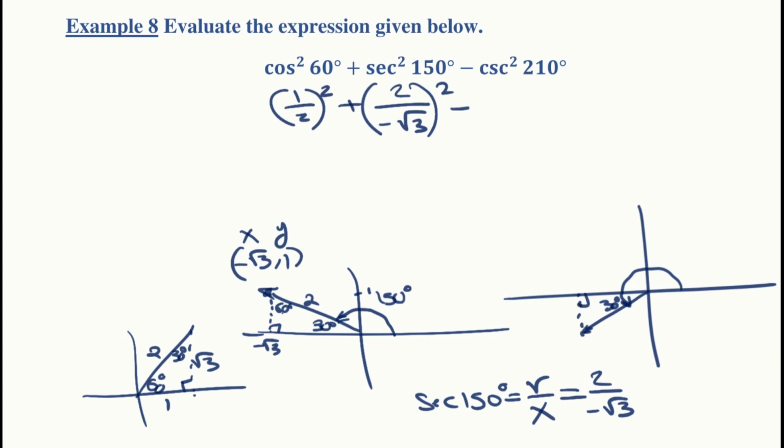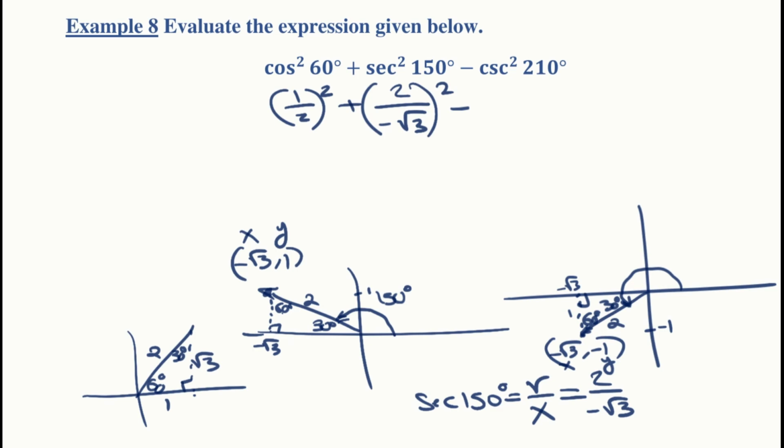So I know I'm dealing with a 30, 60, 90 scenario. So I know this is going to be 1, which means this right here is negative 1, the location, and this here is going to be negative square root of 3, and this one is always positive, so 2. So basically the point on the terminal side of interest is negative square root of 3, negative 1. With negative square root of 3 is x, negative 1 is y. So